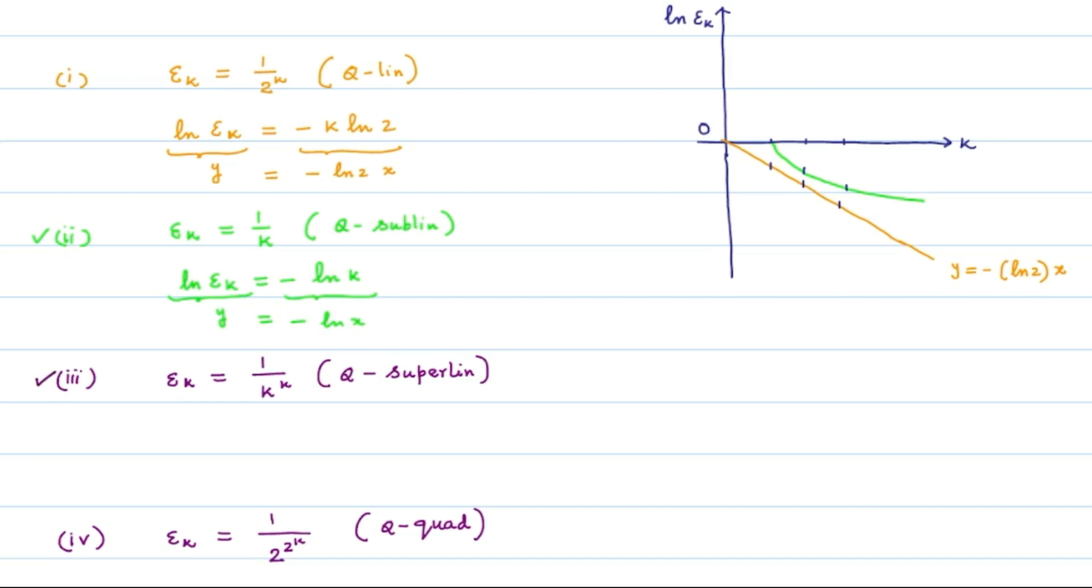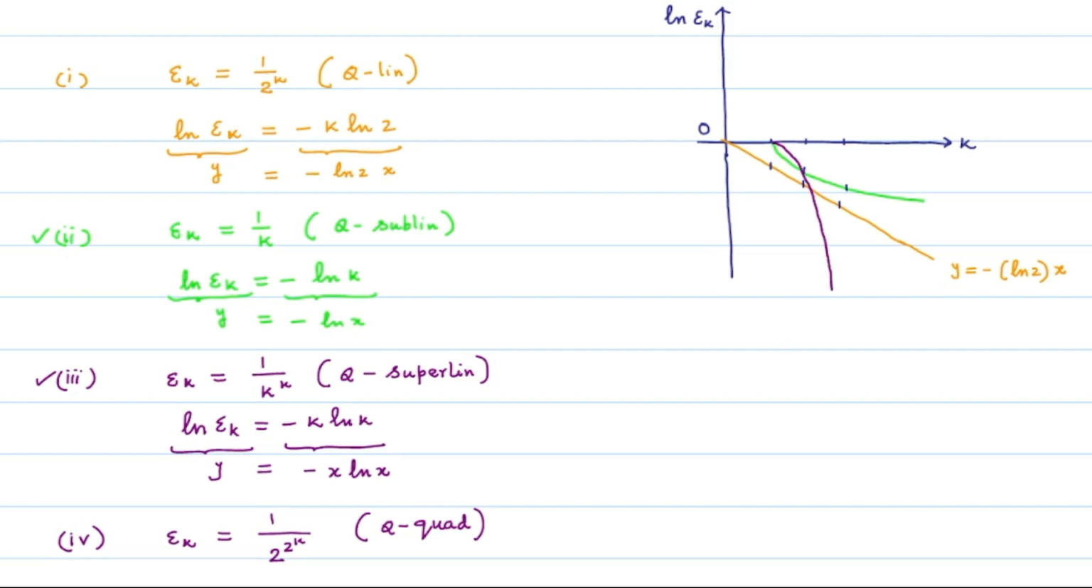For the third sequence epsilon k is equal to 1 upon k to the power k, we get ln epsilon k is equal to minus k ln k, which follows the curve y is equal to minus x ln x. This curve has graph somewhat like this,